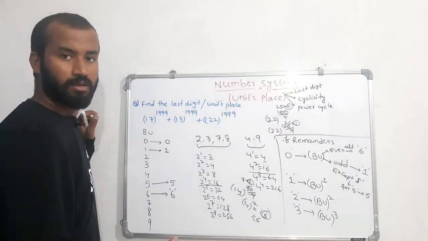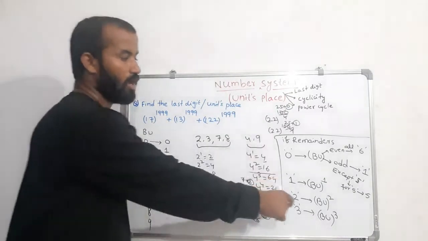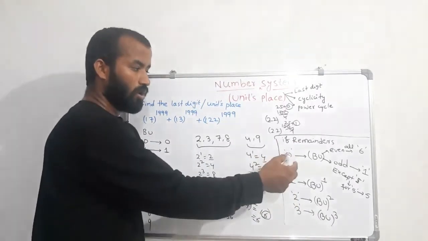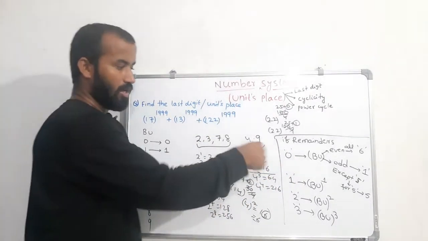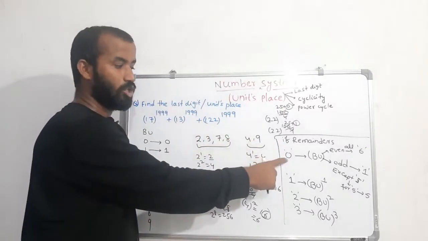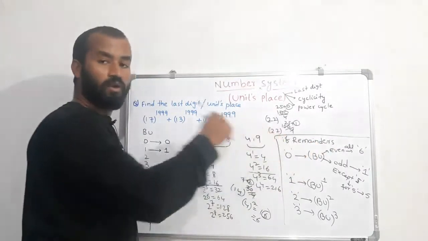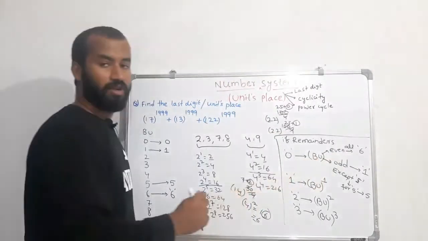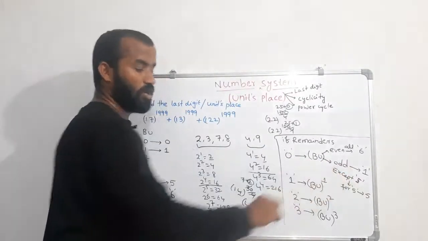Okay, now we will solve the problems. If you remember this box, you can solve all the problems. Okay, how this box came, for that all this explanation. Okay, again I am explaining this box. If remainder is 0, when you divide power with 4, you have to go for base unit. For all base units, if that is even, answer is 6. If that is odd, answer is 1. Odd means 5 also comes, right? For 5, 1 won't come, for 5, 5 only.